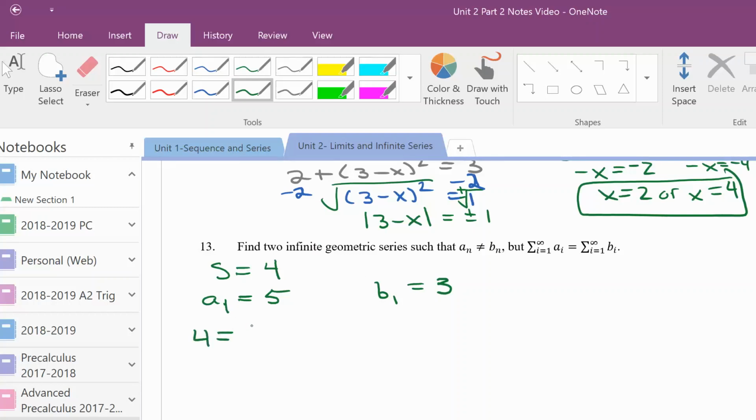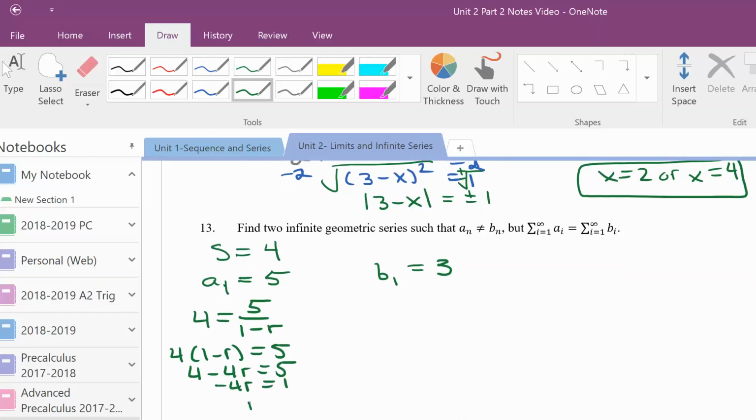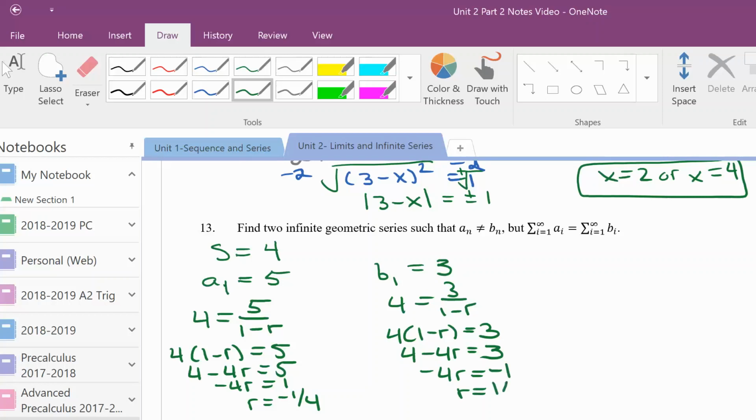So if the sum is 4, 5 over 1 minus r. So when I cross multiply, I get 4 times 1 minus r equals 5. So 4 minus 4r equals 5, negative 4r equals 1, r equal to negative 1/4. And then for b, it would be 4 equals 3 over 1 minus r. So 4 times 1 minus r equals 3. Negative 4r equals negative 1, r equals 1/4. So a sub n equals 5 times negative 1/4 to the n minus 1, and b sub n equals 3 times 1/4 to the n minus 1. And those are